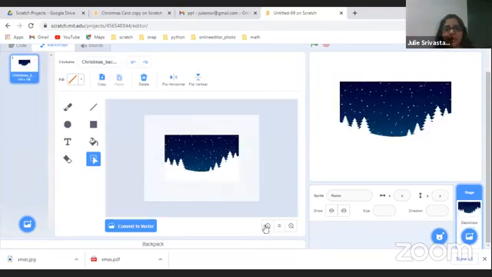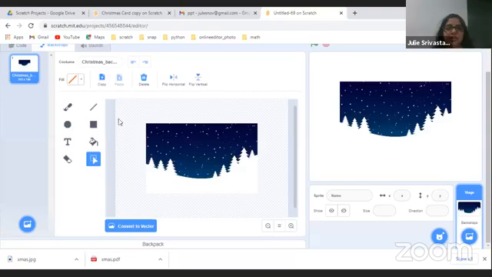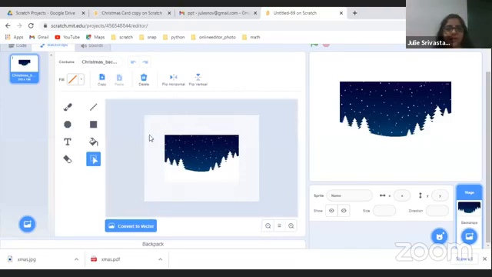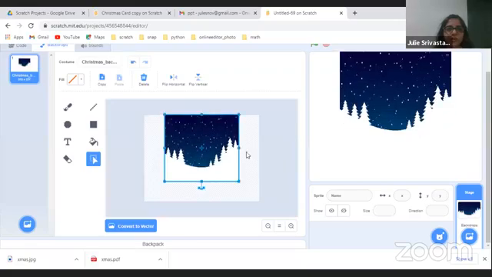I ensure that I am able to see the entire stage. If I'm not able to see the entire stage, I'm going to zoom in. I'm going to use the option of zoom in and zoom out. If I'm zooming out, I cannot see the stage here. If I zoom in, I can see the entire stage. From all the tools here, I'm going to take the tool which looks like a cursor. It's the select tool. Using the select tool, I'm going to create a rectangle. And I'm just going to drag the dots on all the sides.